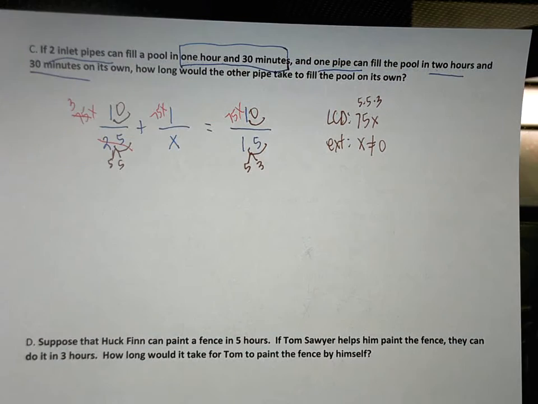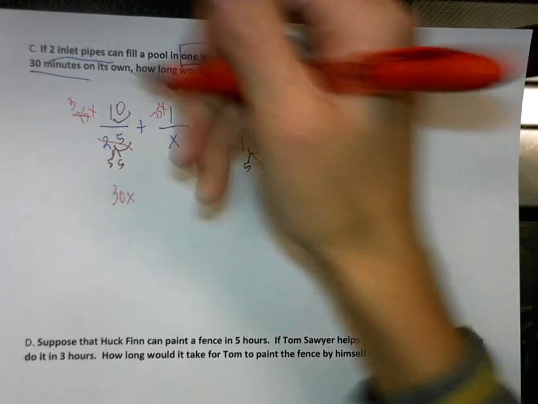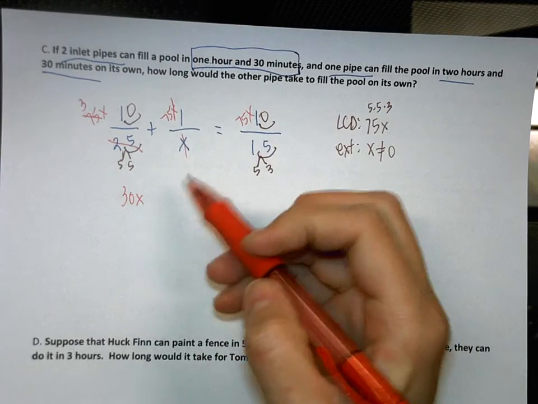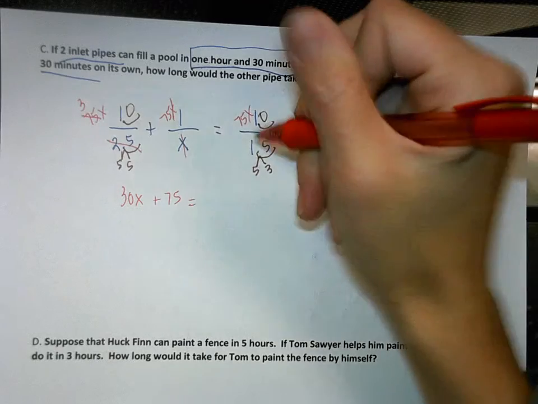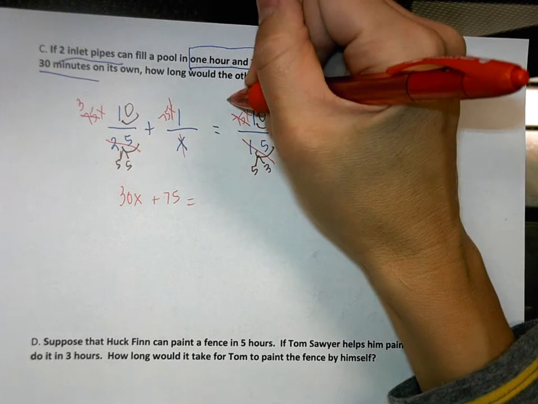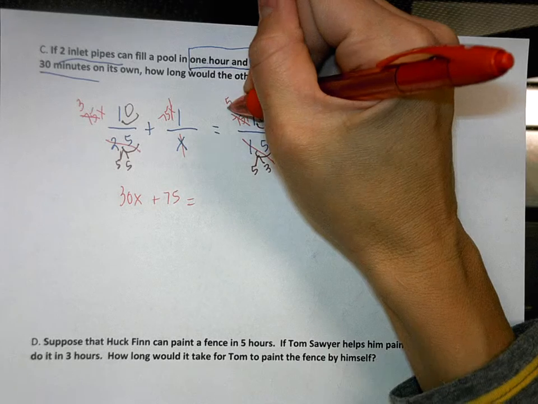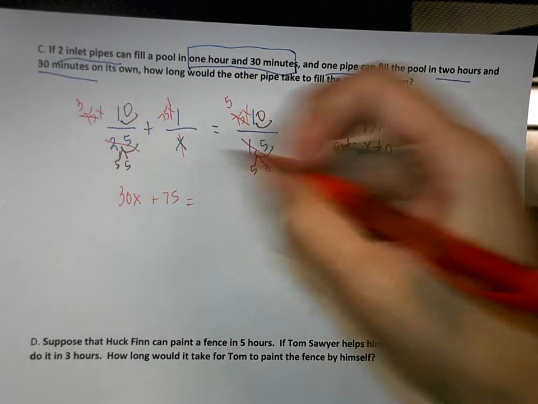And then 3 times x times 10 makes 30x. Okay, here the x's cancel out. And 75 times 1 is just 75 equals, and this last one, 15 goes into 75 5 times. And 5 times x times 10 is,